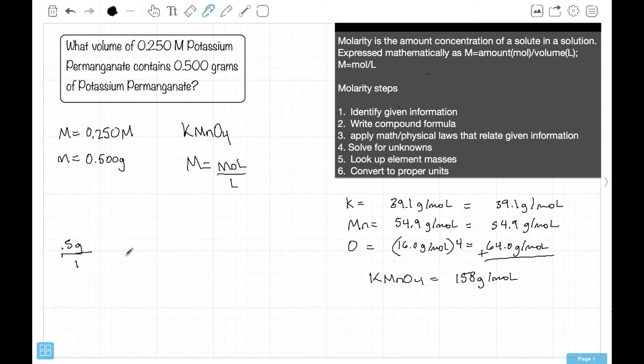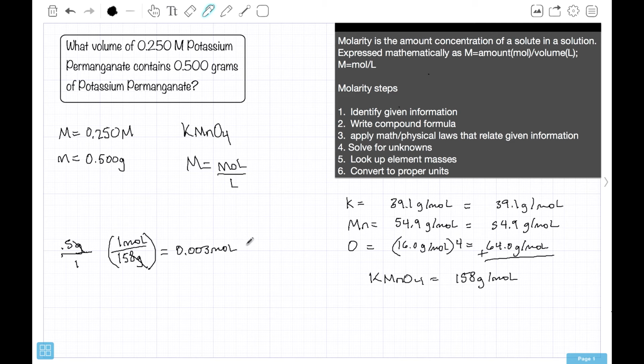And over here, we're going to flip that ratio so that grams is on the bottom. And the reason I'm doing that is so that when we multiply, the grams cancel each other out. So once we do that multiplication, you find that grams are gone. You're left with moles, and you are left with exactly 0.003